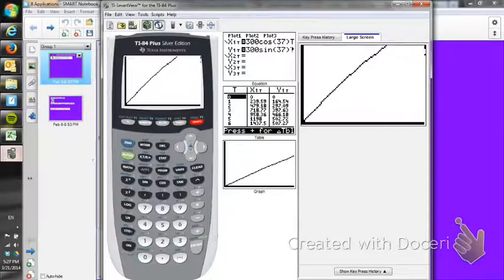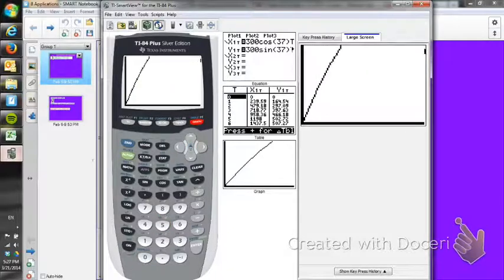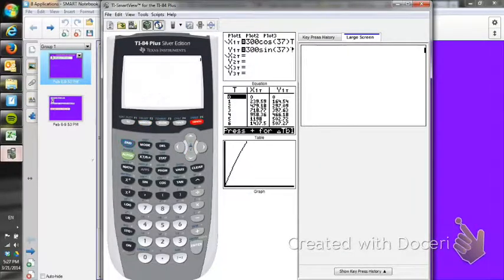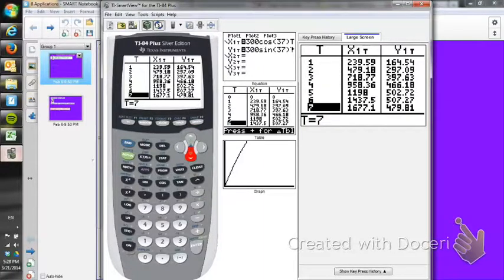Alright, still not enough on my graph. Okay, let's make it even bigger. Let's make this 1500. And now let's look at my graph. Alright, still need to make this even bigger. So let's look at our table and see how far this is going to go before I keep guessing and checking. If you look, my x values are here and those y values are here. It looks like the highest it's going to go is about 500, and then it's going to hit the ground